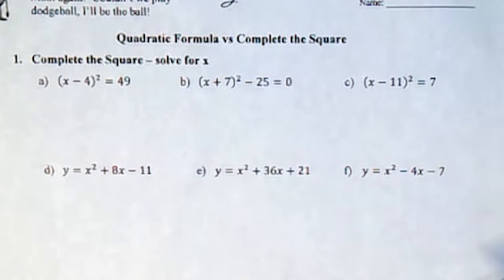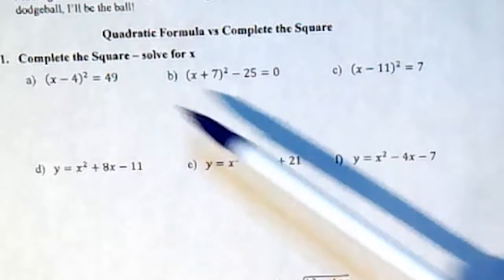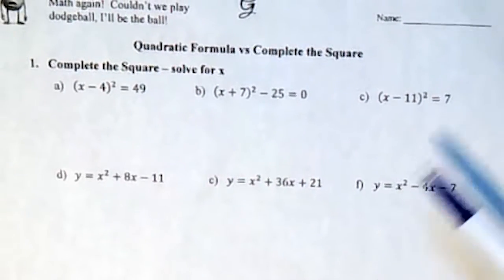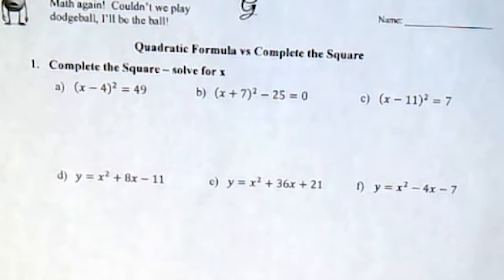Okay, so I just want to review the difference between the quadratic formula and completing the square. And the key thing is, completing the square is a lot more steps, but the basic idea is we're solving for x using algebra. So we want to get the x by itself, and if you're ever stuck on these ones,